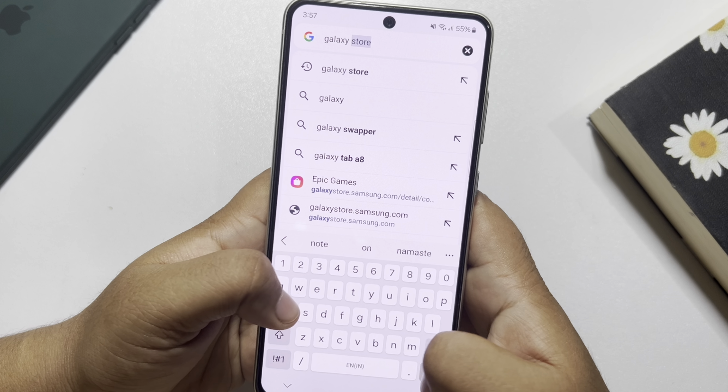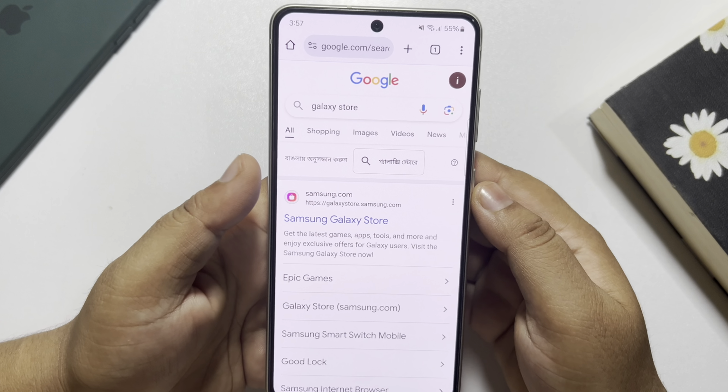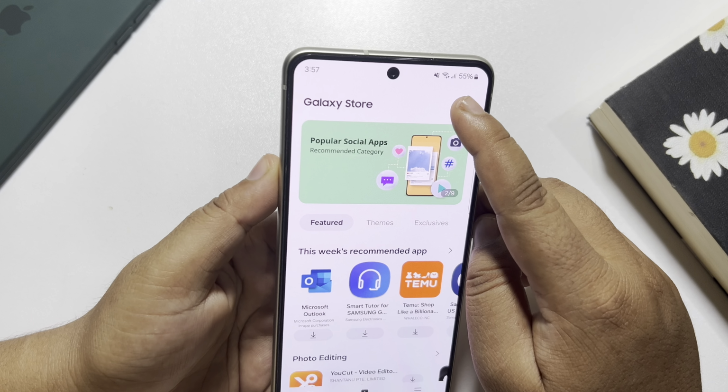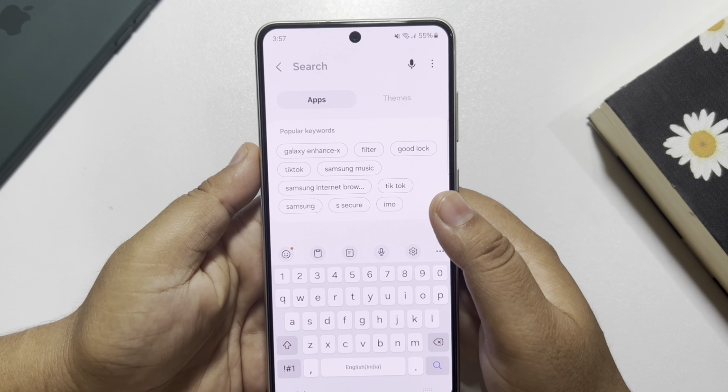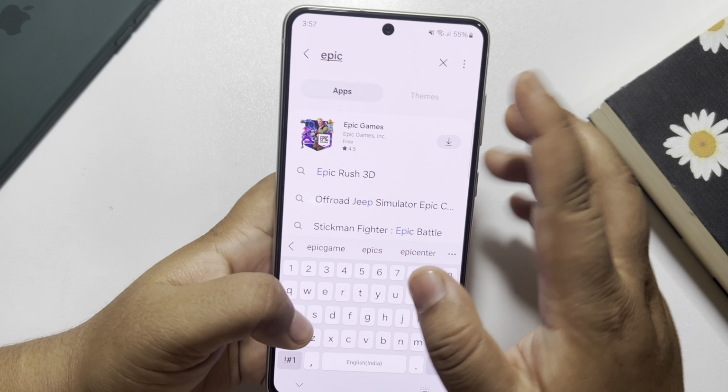Galaxy Store. All you need to do is open Galaxy Store, and now tap on the search icon at the top right, and in the search box search for Epic Games,